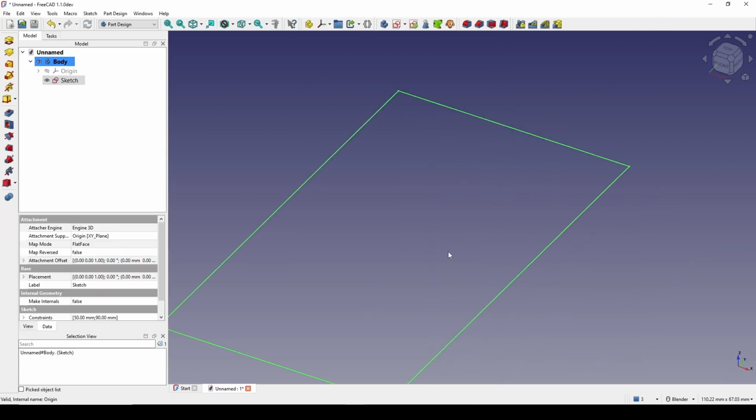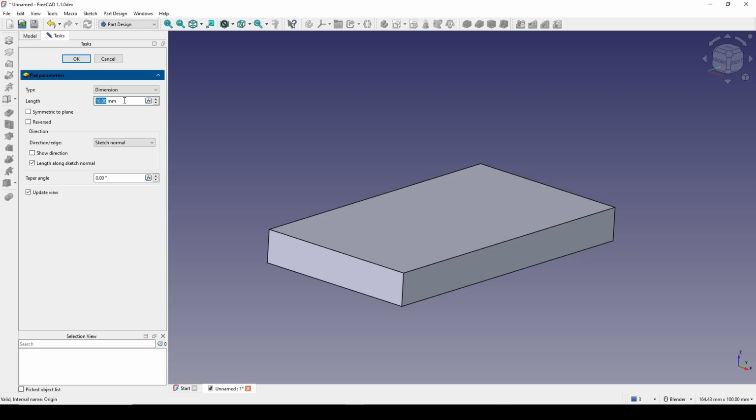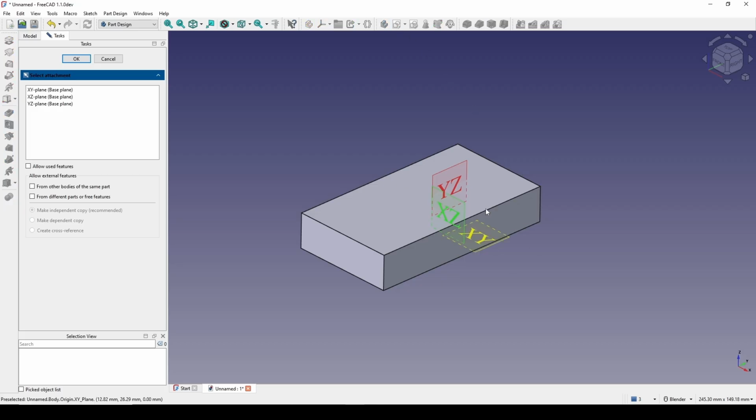Close. Then I will go to the pad, click on the pad, and I will pad it up to 17. Click OK. Next, I will create a new sketch in the YZ plane,